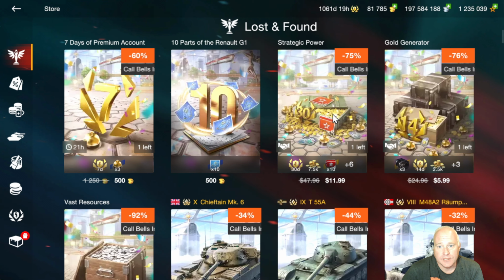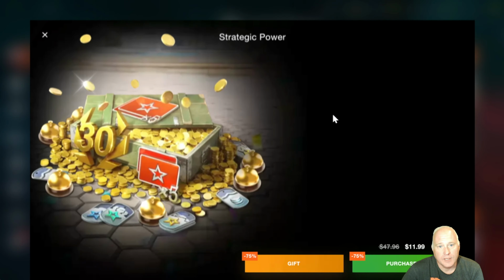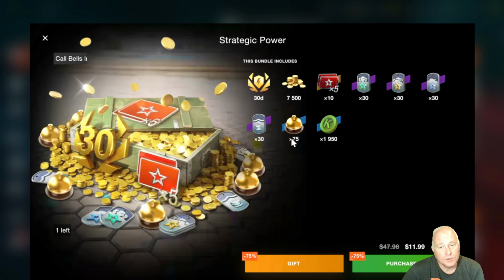And then let's get into just kind of talking a little bit about these here. So 75, remember we're shooting for 200, so that's $12, and you're not even halfway there. You are going to get almost 2,000 kit coins out of that, and 7,500 gold. I believe that works out to be just over 600 gold per dollar. I do like the fact that if you're short on premium time, you can add that in. You've got 10 5x bonuses, so make sure that you are playing your tech tree tanks with those, the ones